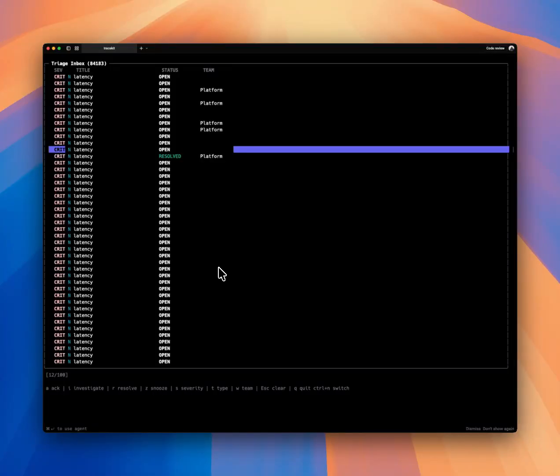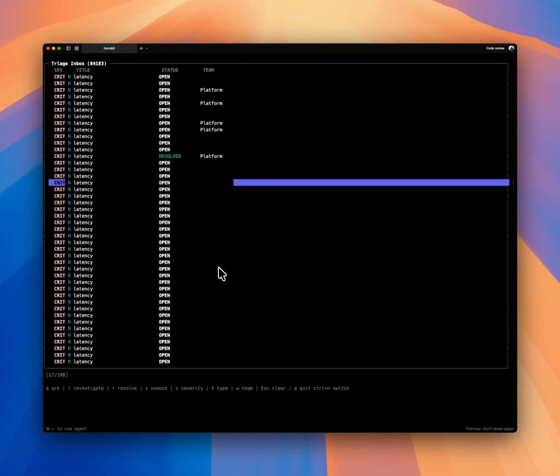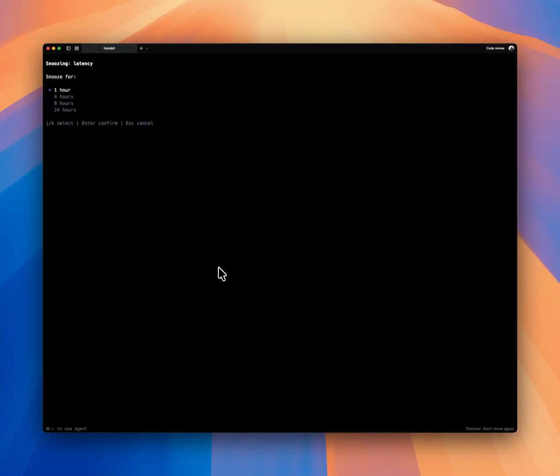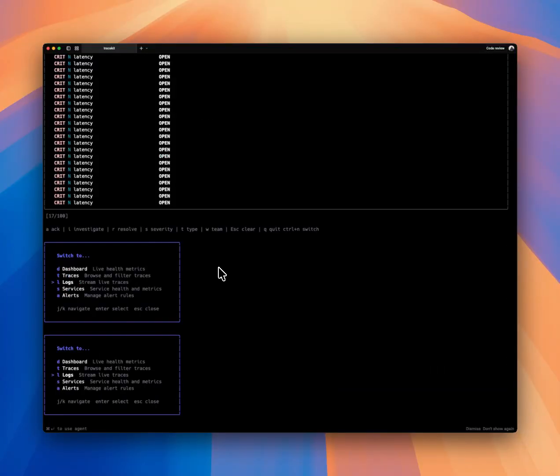And we also have other options here. If you want to snooze a specific incident, that will be Z on the keyboard. Then it asks for how long you want to snooze it. Essentially, what you can do on the dashboard, you can also do most of those operations here. So I'm going to go back again, Control N, and say let's look at